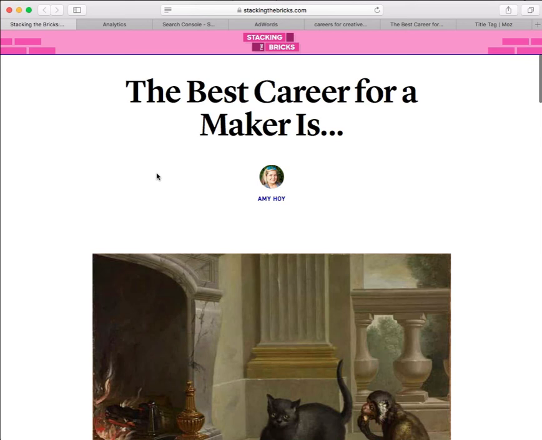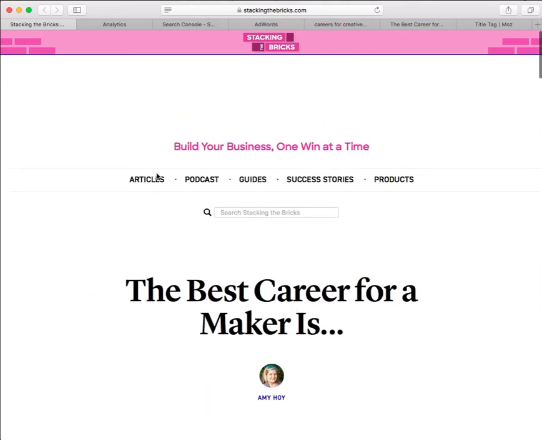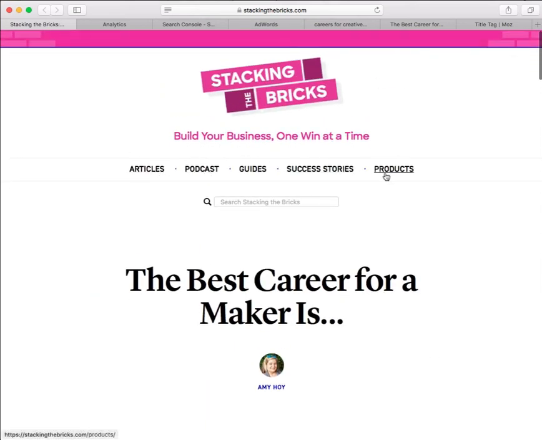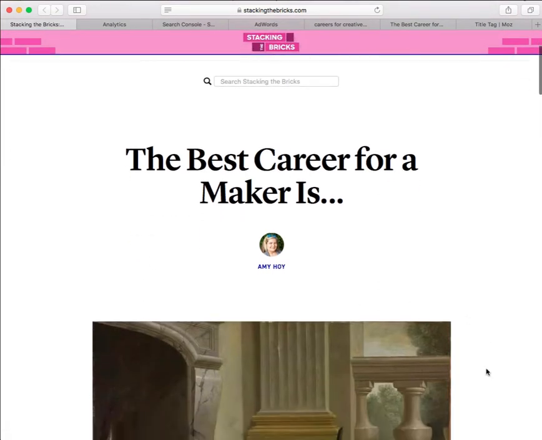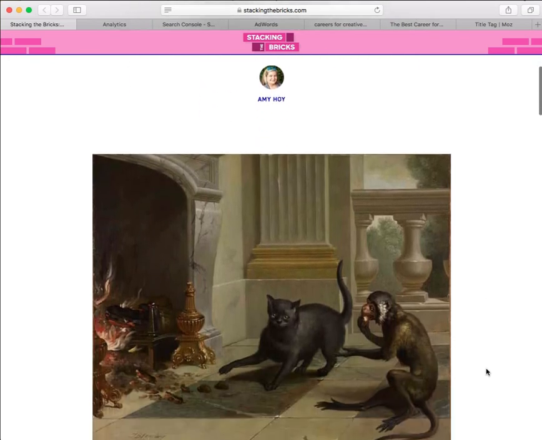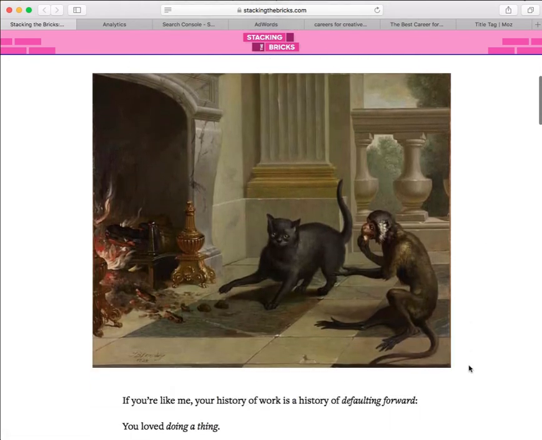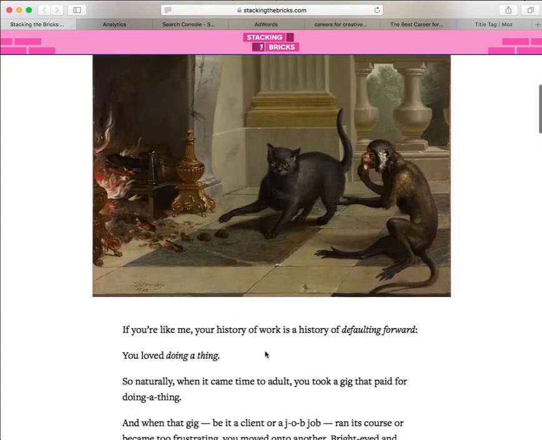So we move the fold up. You might want to collapse some of this white space, turn this into a sticky nav bar or something out of the gate. I don't know. I hesitate to tell you how to design your site. I'm not very good at that. But this giant graphic definitely pushes the fold down. I think it's nice to have an image, but I might want to pull text above the fold